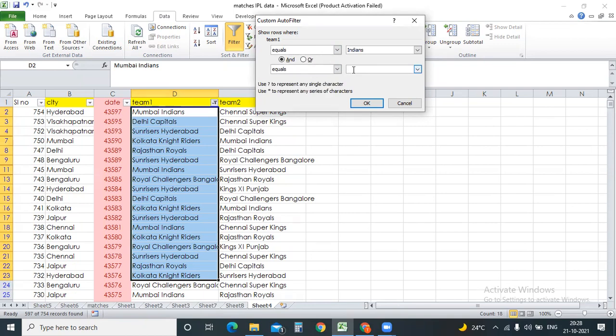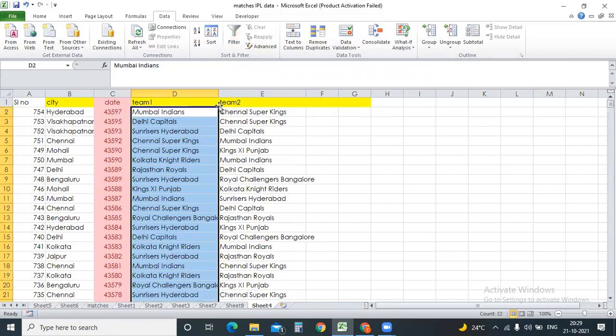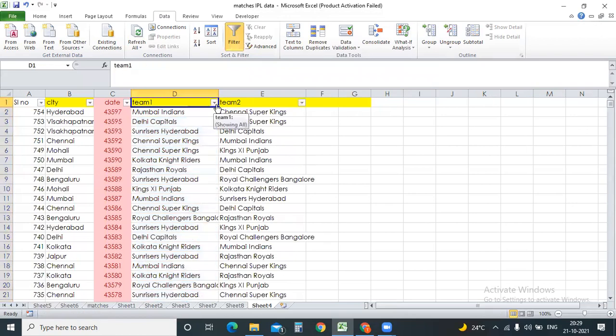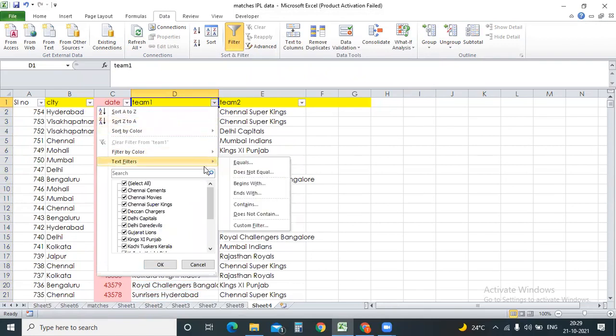What is there apart from Mumbai Indians? Is there any other team? Okay, I'm not using the right appropriate filters. Just explore these filters, guys. It will be very easy and interesting. There's a lot of data you can get on Google. Even I can provide the data, but try with some new data. It will be interesting.